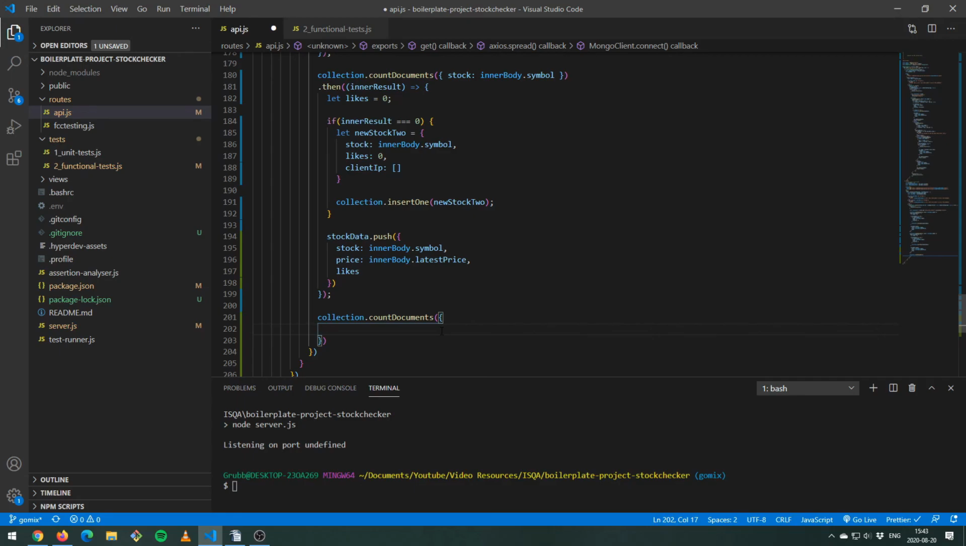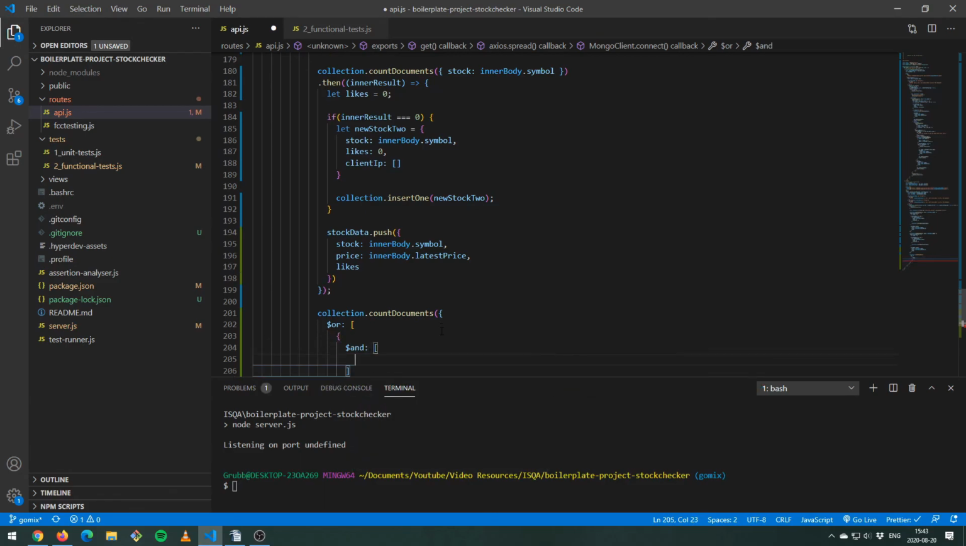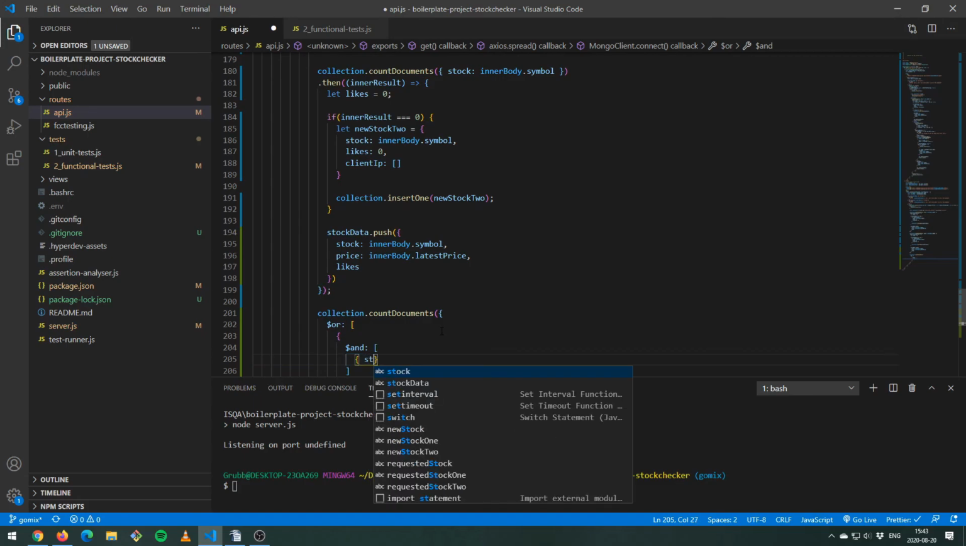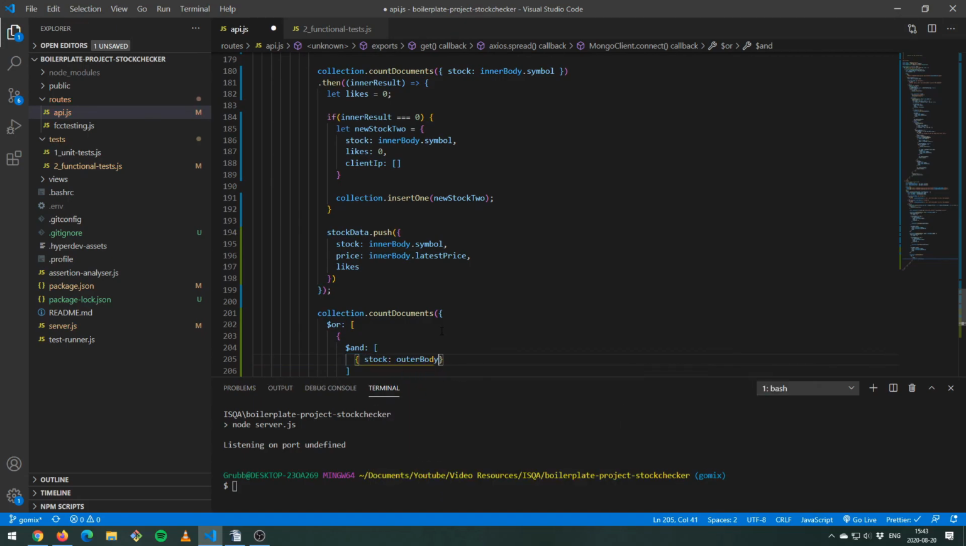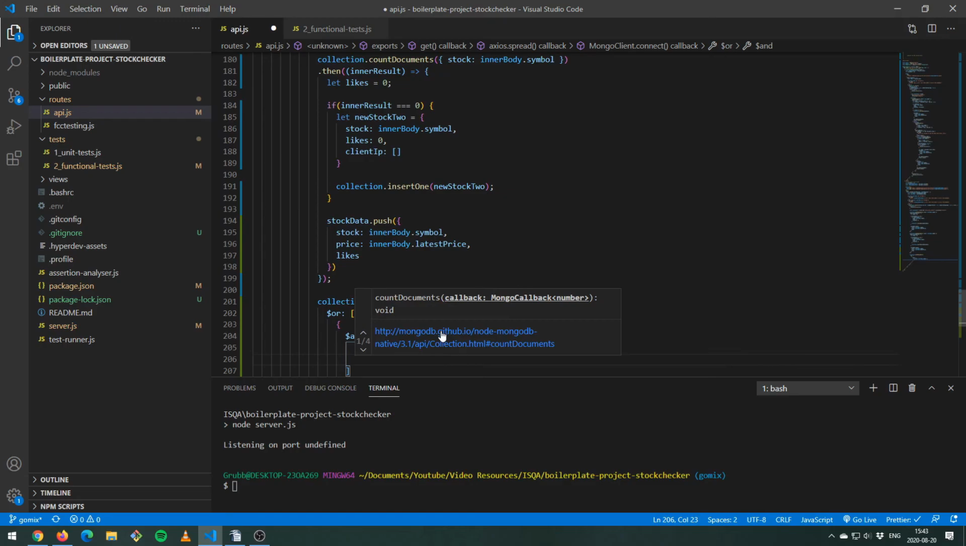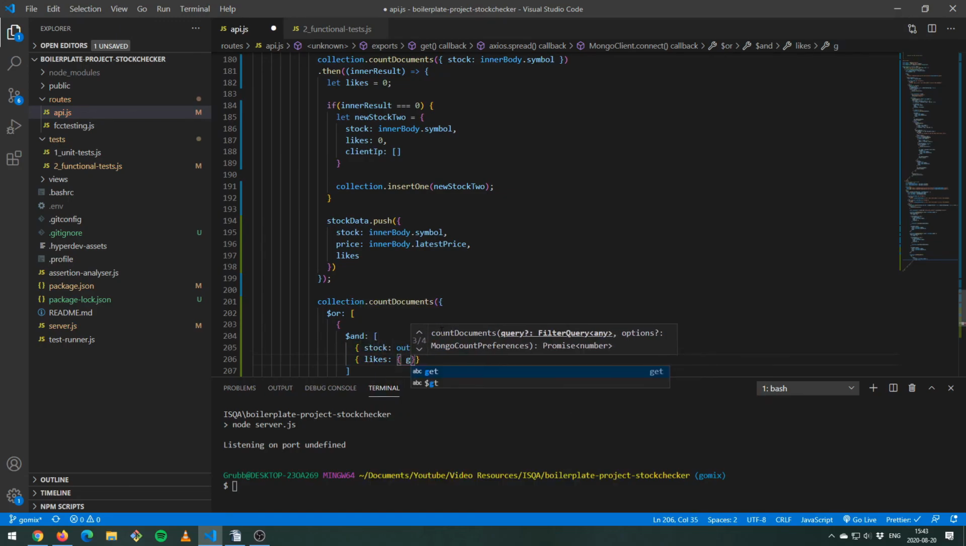So in here, we'll have an object, obviously. This is the Mongo object. And here we'll check for an or, and here we'll have an array where we have an object, which is stock outer body dot symbol. So we're looking at the first stock then, and we'll also check for likes, and we'll check if likes is greater than 0,